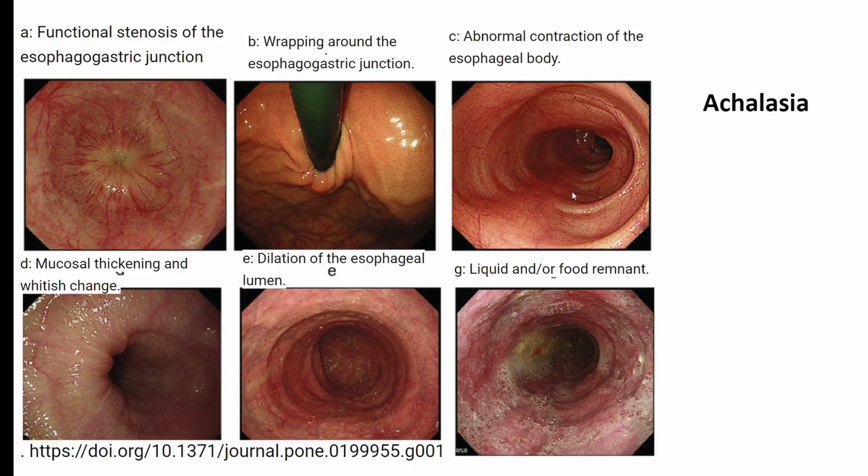If there is an abnormal constriction of the esophageal body, as you put the esophagoscope through, there is a severe spasm of the whole esophagus, or a mid-constriction of the esophagus also shows evidence of spasm, a ring-like appearance. That's what we call grade C. And D is where there is mucosal thickening and whitish changes. The whole mucosa has now become permanently thickened, and the lumen may be widened,